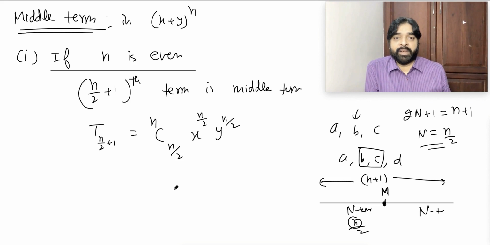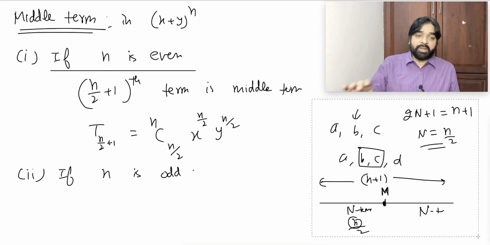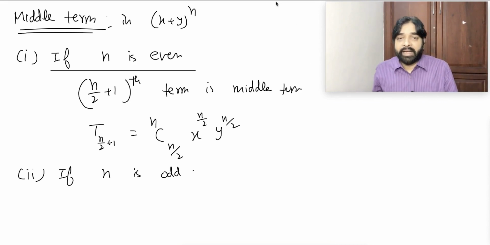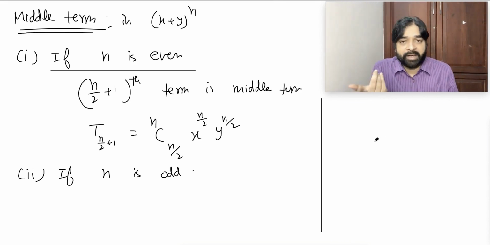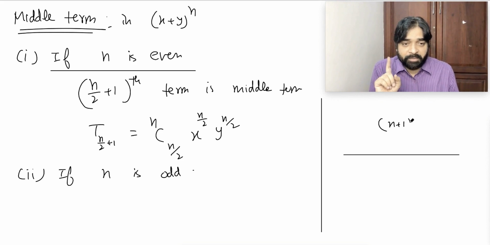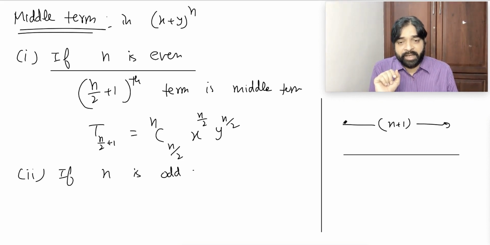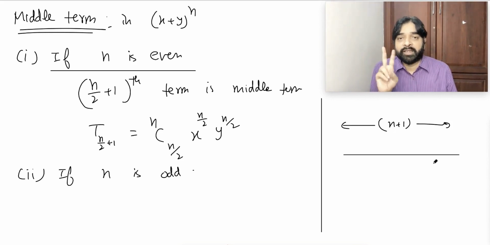Is this clear to everybody? If I ask you, if n is odd, then what will happen? Imagine n is odd, the number of terms will be what? Even. Why even? Because the number of terms will be n plus 1. If I am taking n as an odd case, either n will be even or n will be odd; this is the only situation. Now, n plus 1 is the total number of terms, and since n is odd, n plus 1 will be even. If an even number of terms are there, there will be 2 middle terms.